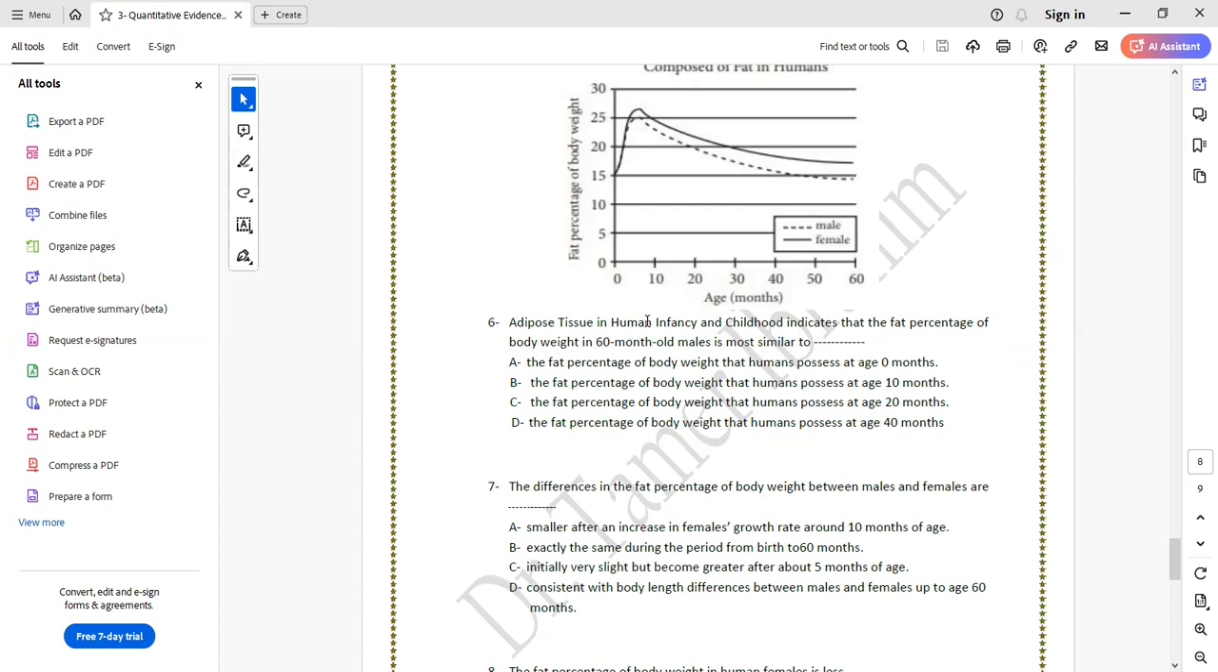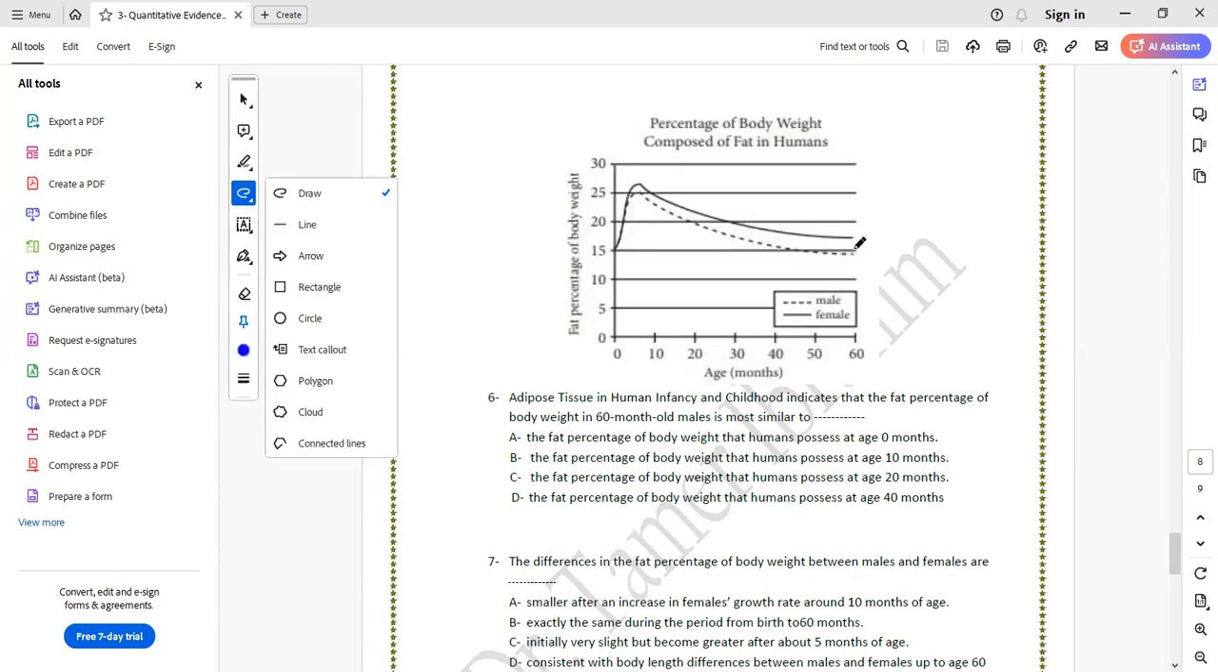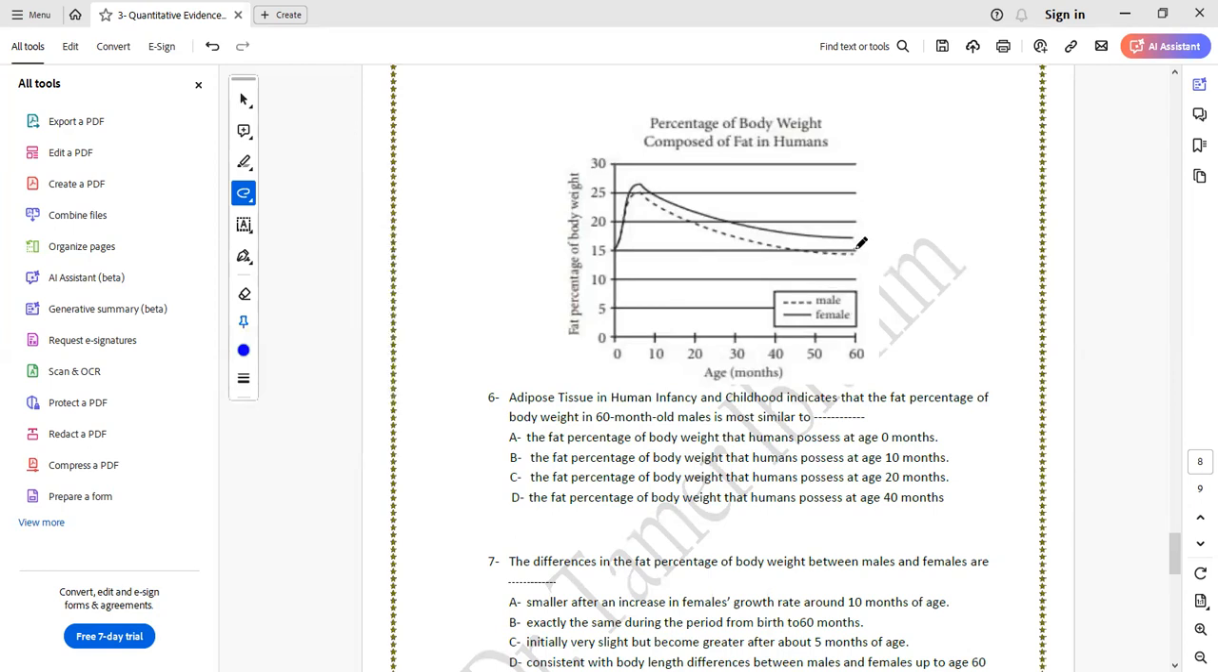I did bring for you the same question, because we know that it's to complete the example. So as you can find here, it says, adipose tissue in human infancy and childhood indicate that the fat percentage of body weight in 60-month-old male, 60 months, this one now, old male. So the male is the dotted line. So I'm going to go here. This is what I'm looking for. 60 months,